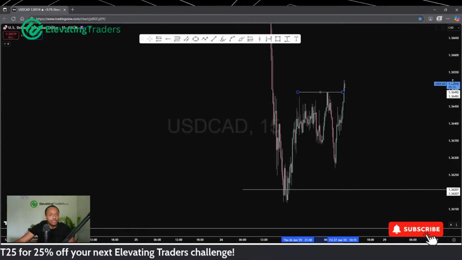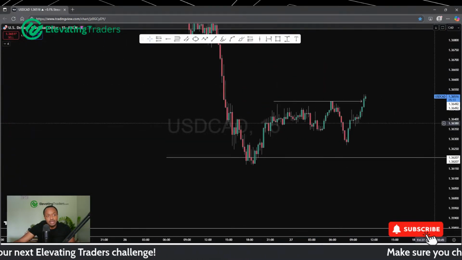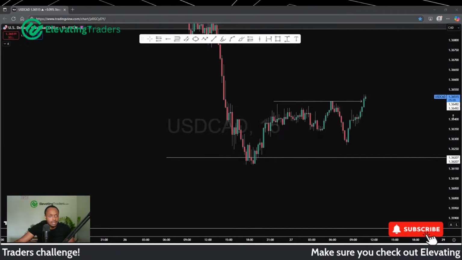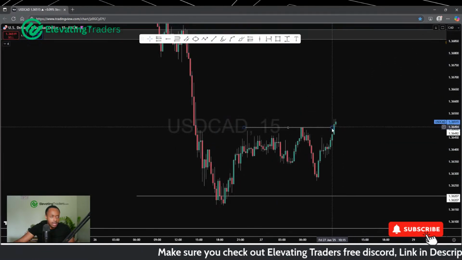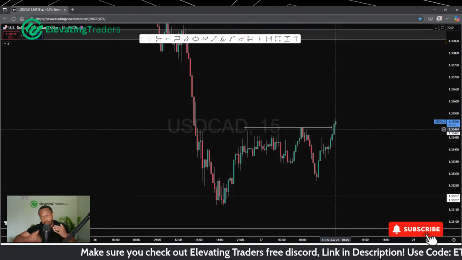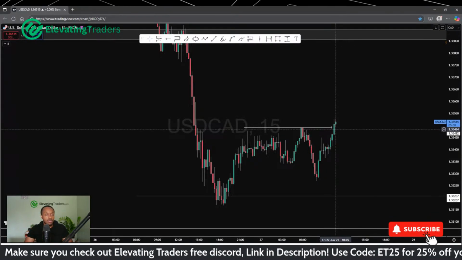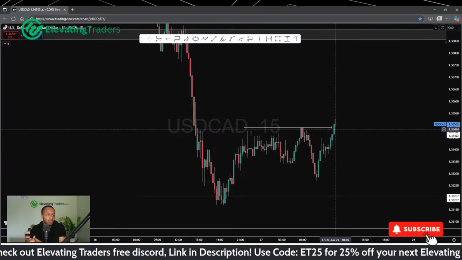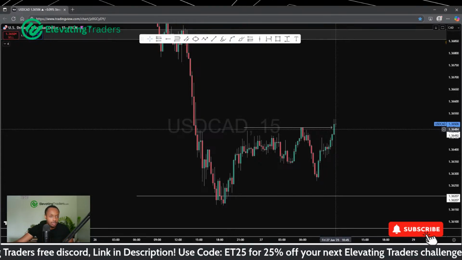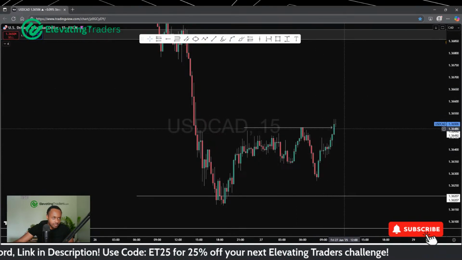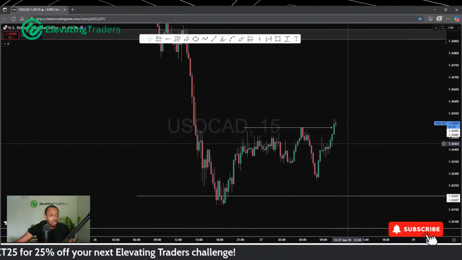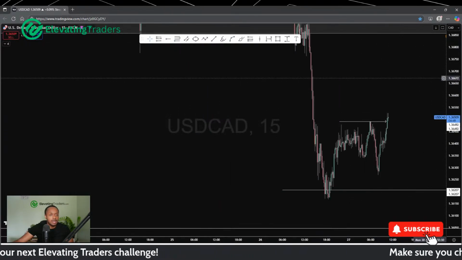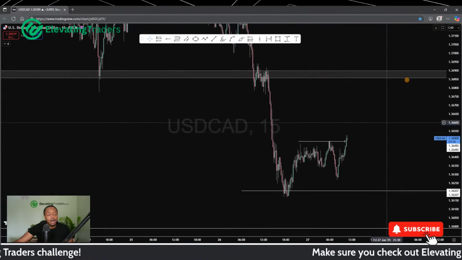So yeah, with dollar CAD, I mean, again, on the 15, I wouldn't be looking to buy either. I want to be at support, not at resistance. Yes, it looks like price is breaking out, and of course, taking trades in the breakout does make sense as well, but it's never really something that I look to try and do. And I wouldn't probably trust that breakout either. I would want to see a stronger close there. But yeah, I do think dollar CAD can pull back, but I would be careful.